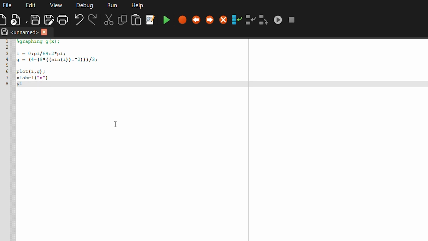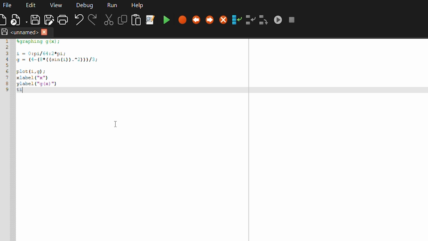And the y label should be g at x, and the title of the graph should be, so strings, it doesn't matter if you use double or single quotes. So let's say graph check,